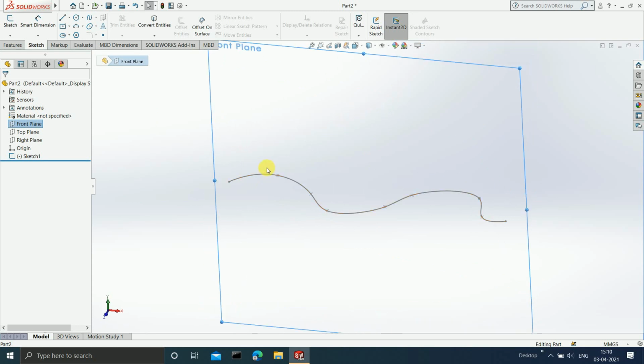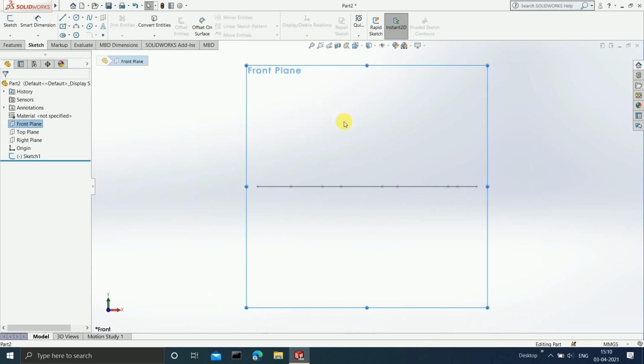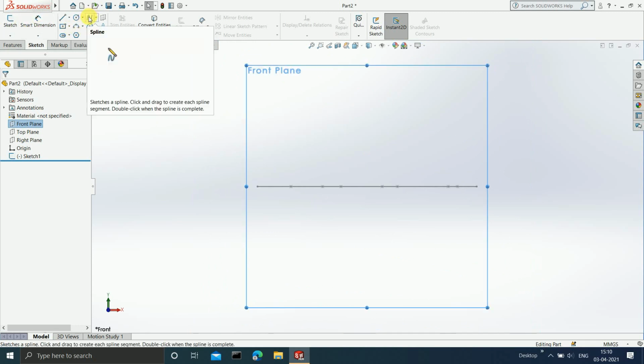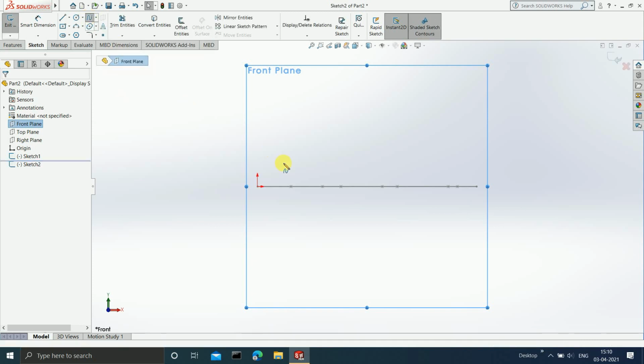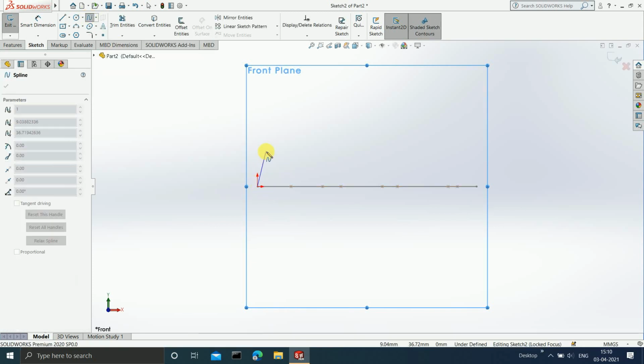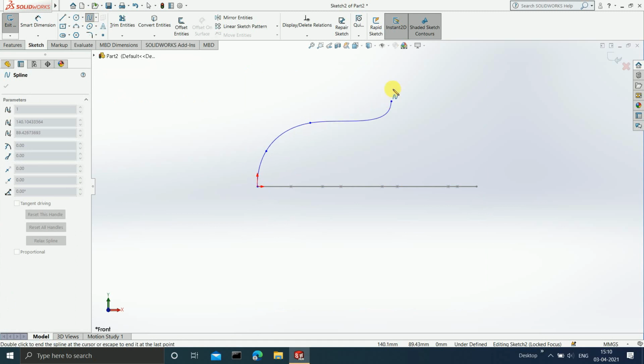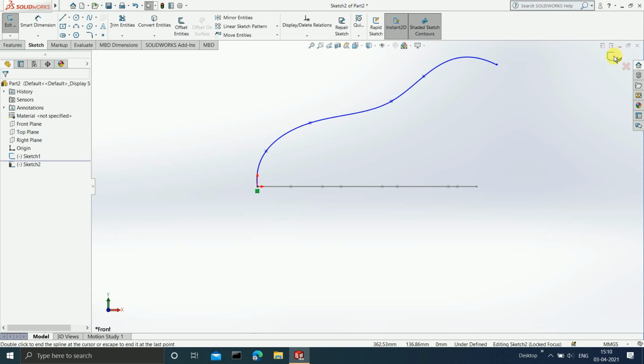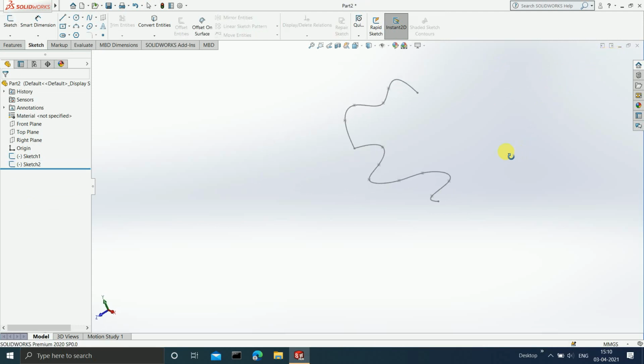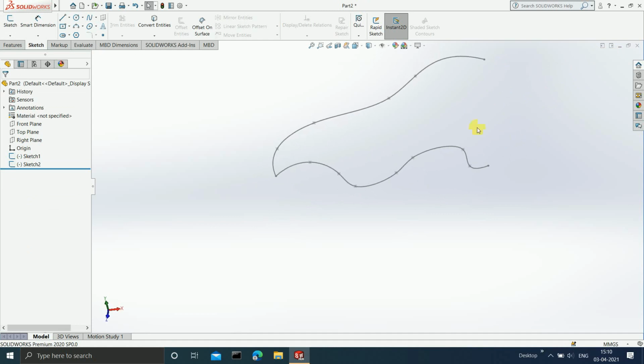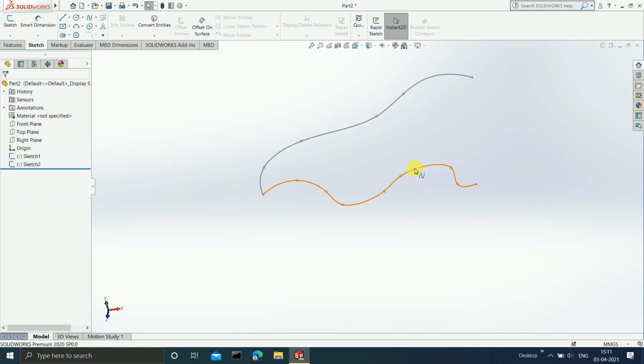Okay, so let us press Ctrl 8. Okay, and now I am going to sketch a spline on this particular plane as well. Okay, starting from the origin. It is not necessary that always it should start with the origin, but here I am just starting with the origin. Okay, escape, and I will end the sketch here as well. Now as you can see guys, that I am having two curves now. This is my first curve and this is my second curve, and now you can see that both of these curves are different. Okay, they are not the same curve, but they are different curves.